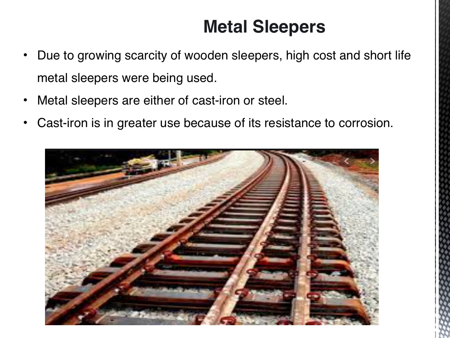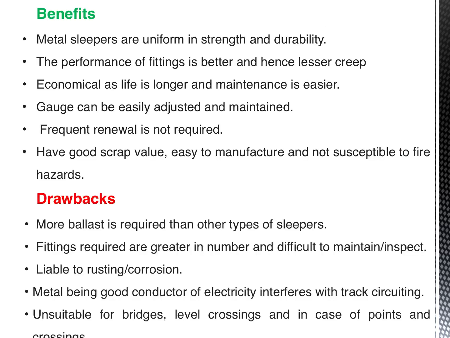So anyways, among those two, cast iron is of greater use because of its resistance to corrosion. The advantages of metal sleepers: they are uniform in strength, and they have very good durability. The performance of the railway fittings is better on metal sleepers, and hence less creep occurs. And metal sleepers are also economical, as they have a longer life, and the maintenance is also much